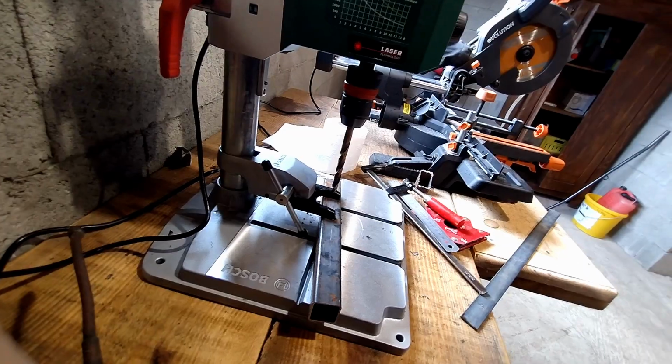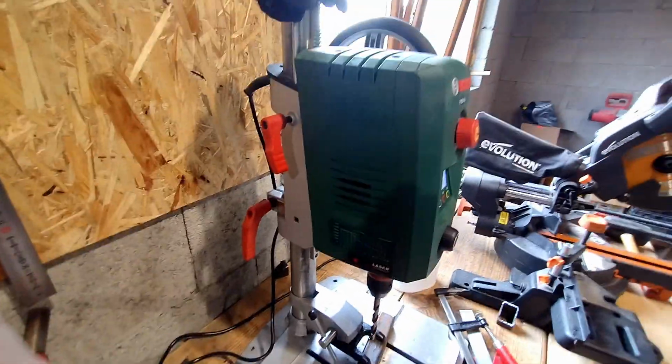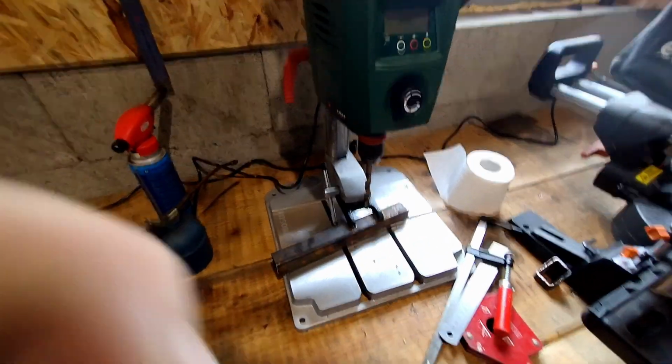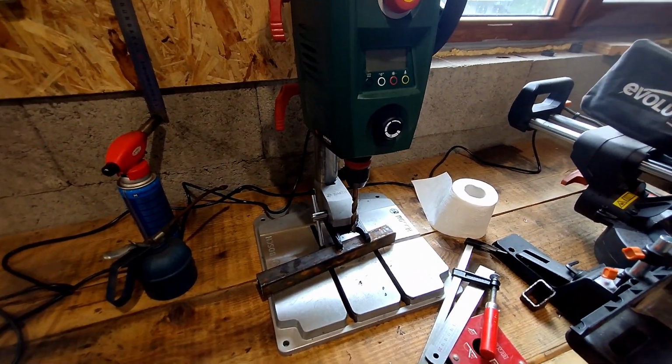I mean, it's just bad design. I'm not very happy with it. I wouldn't advise to buy it. I have it and now this is what I have to use, but this is not a very good product. Let's move on down, because here I have